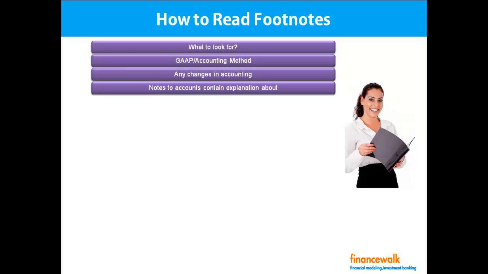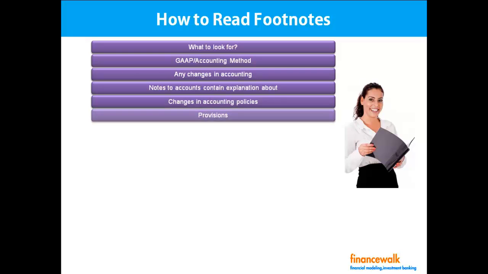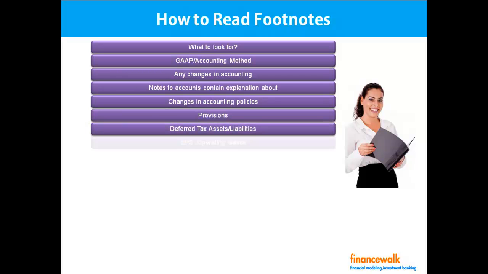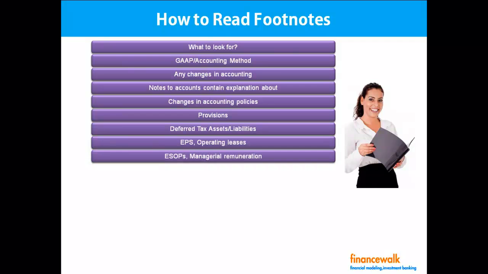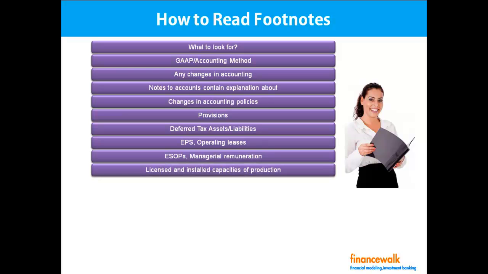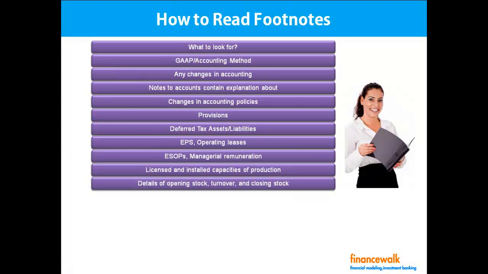Notes to accounts contain explanation about changes in accounting policies that we have already discussed. Then provisions, deferred tax assets or liabilities, EPS or operating leases, ESOPs or managerial remuneration, licensed and installed capacities of production, details of opening stock, turnover and closing stock,